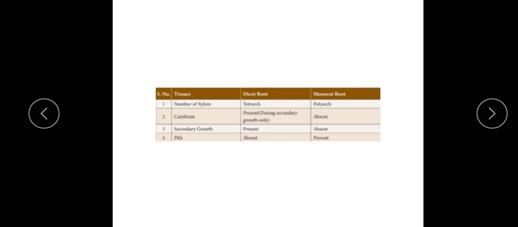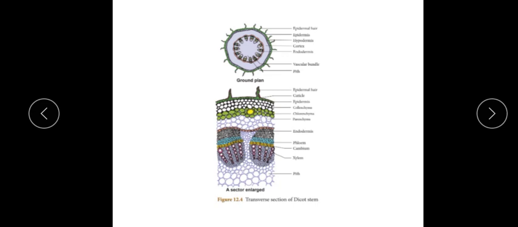Okay, let's now go on with the next one, which is going to be the monocot stem. Have a look at the diagram now. Monocot stem. When I say the monocot stem, this diagram also may look very much complex for you. This is again there for your practicals, children. So, you have to go into this dicot stem diagram. I will give you the practice later on for you. Now, just have a look at this one.